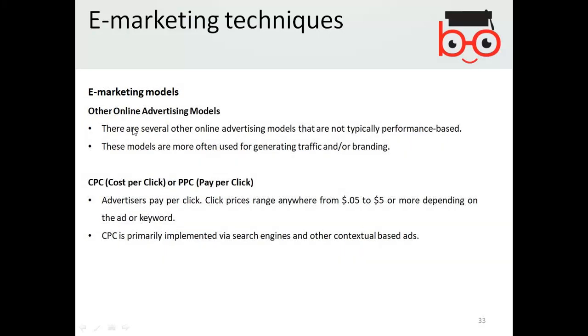Other online advertising models. There are several other online advertising models that are not typically performance-based. Performance-based means that you got a confirmation that out of 100 visits, about 4 or 5 maybe were successful. These models are often used for generating traffic and branding.